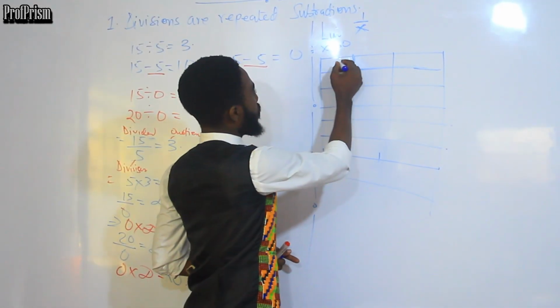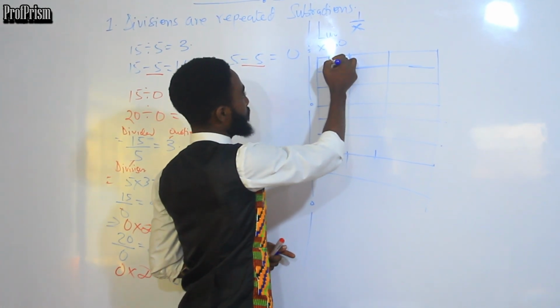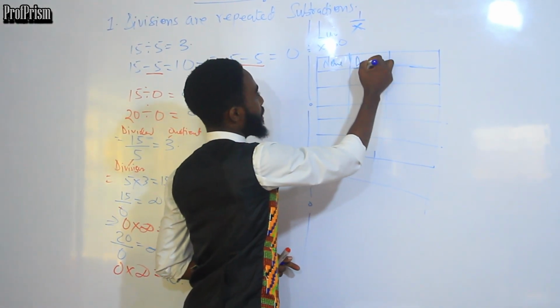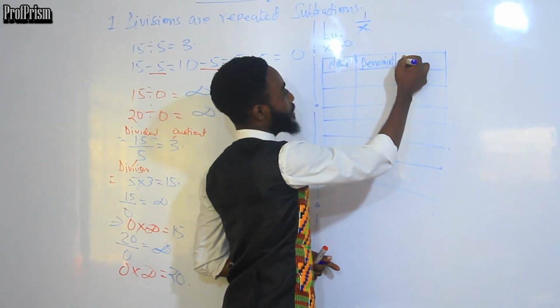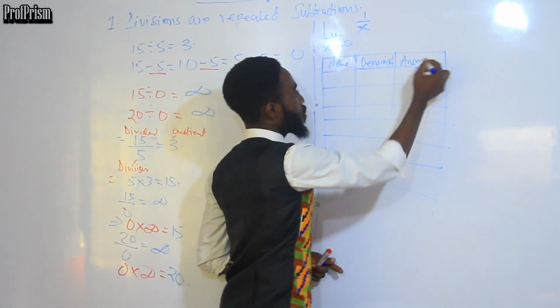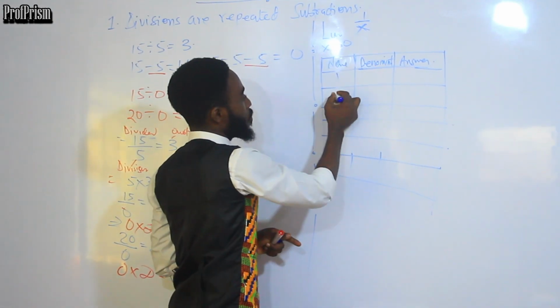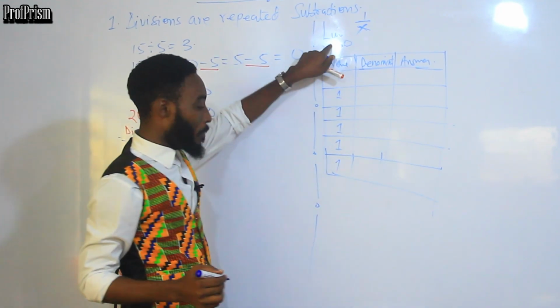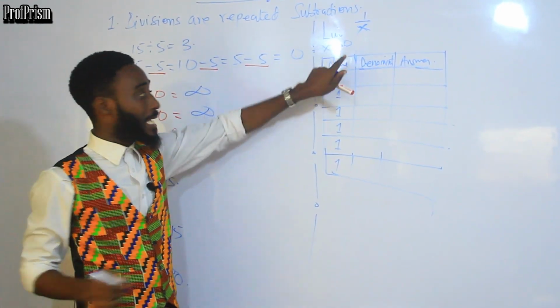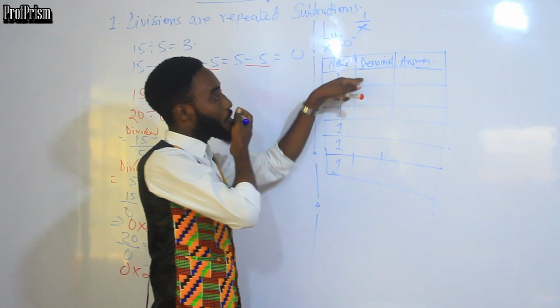So I have the number, the numerator, the denominator, and then the answer. Don't mind my writing. The numerator is obviously just going to be 1, 1, 1, 1, 1. So I'm trying to approach 0 from the positive side. That will mean my denominators will be